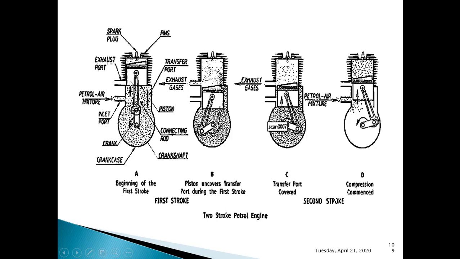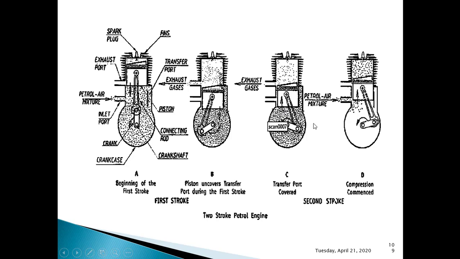You can see the direction of piston movement. It is downward, so this will be the downward stroke, and this is the upward stroke. So you need to write four diagrams again: two diagrams belong to the first stroke, that is the downward stroke, and two more diagrams belong to the second stroke, that is called the upward stroke. You can see the direction of the arrow here.